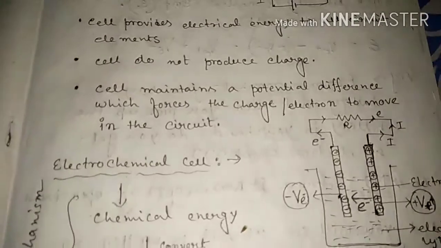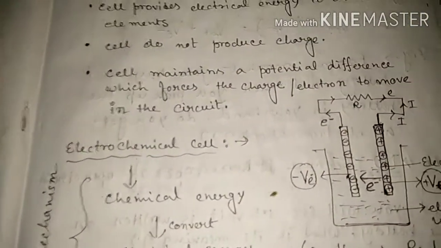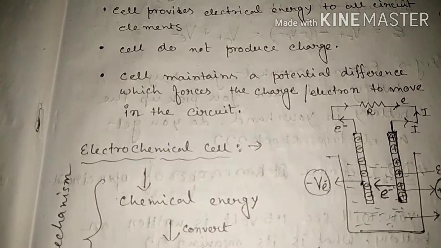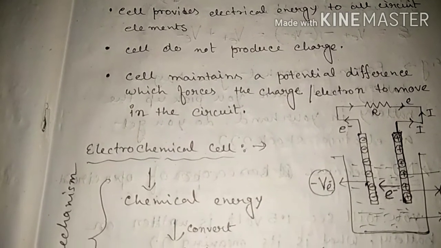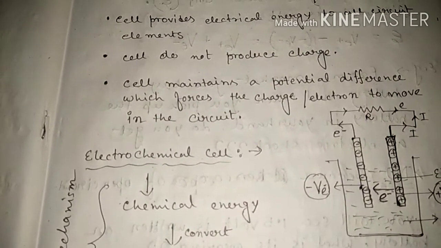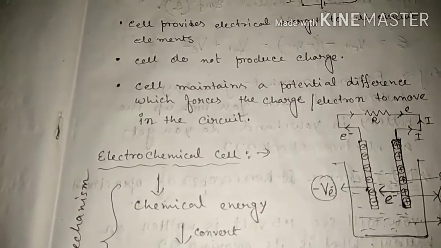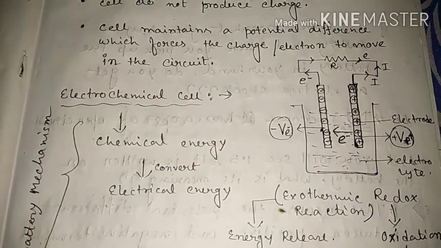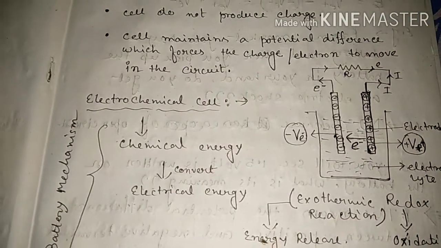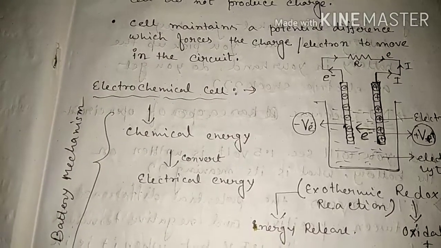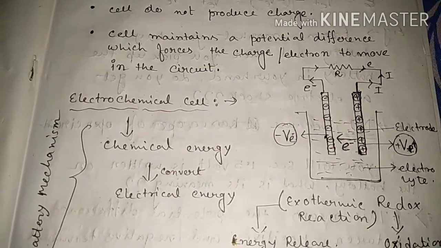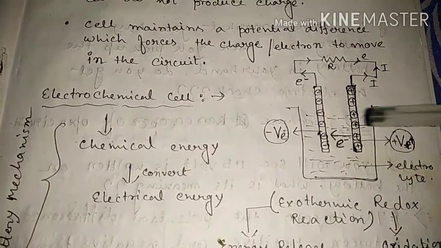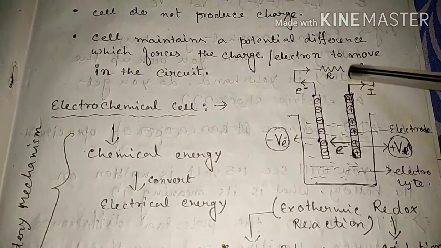Okay, so that electrochemical cell. We studied in the last video that the electric motor, generator, electrochemical cell are devices, sources of electricity. The electrochemical cell has two electrodes, one is an anode, another one is a cathode, one connected to a positive and the other to a negative terminal. It is placed inside an electrolyte. Here it is connected with a resistance.